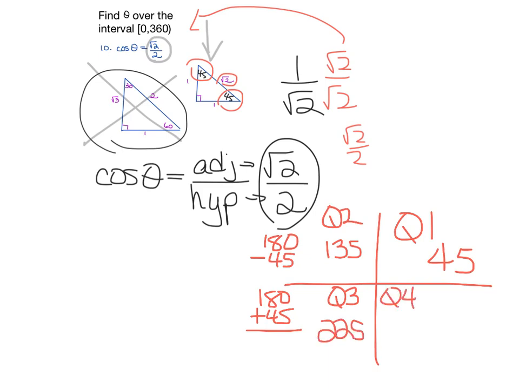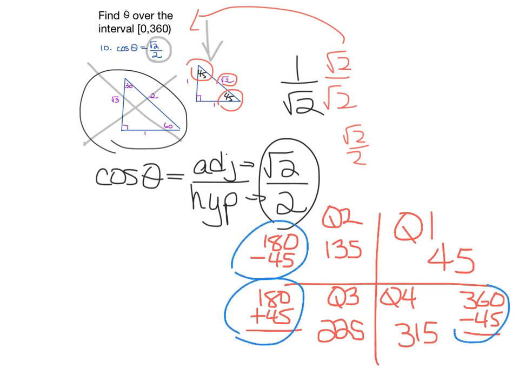And for quadrant 4, I'm going to take that 45-degree angle and subtract it from 360. You just need to memorize that this is what you're going to do each time to find that quadrant angle measure. Okay, so now I need to figure out which one of these angles, the 45, the 135, the 225, or the 315, when I put that into my calculator and do cosine of that angle, gives me square root 2 over 2. So the way that we're going to do that is we're going to use our acronym,